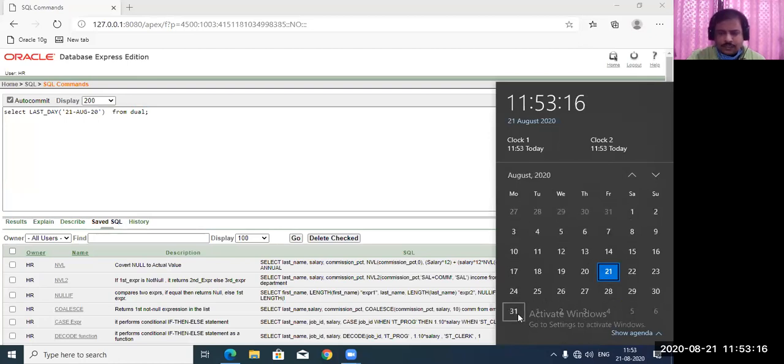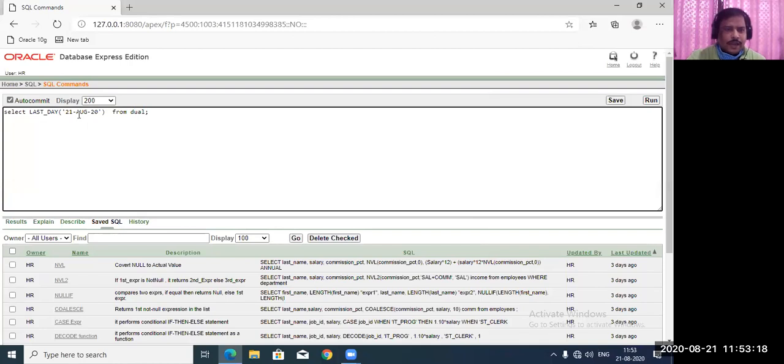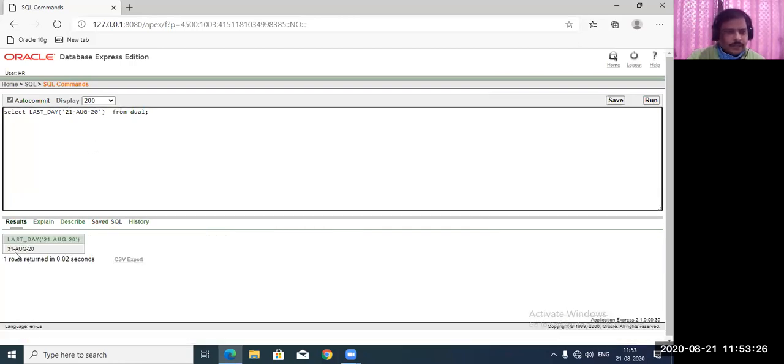Now August is 31st, so I am putting a date value and I'll see the last date. Run it, you'll find 31st August. August month is 31 days, so the last day will be the 31st. It is not displaying which day. It is displaying the date of the last day of the month of that date.